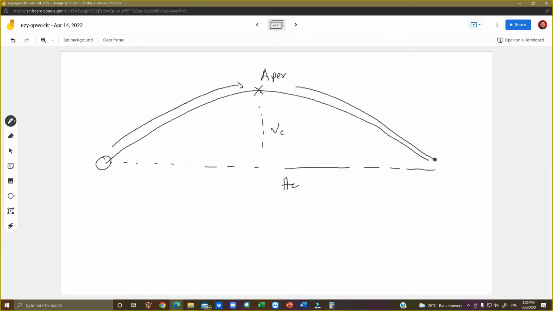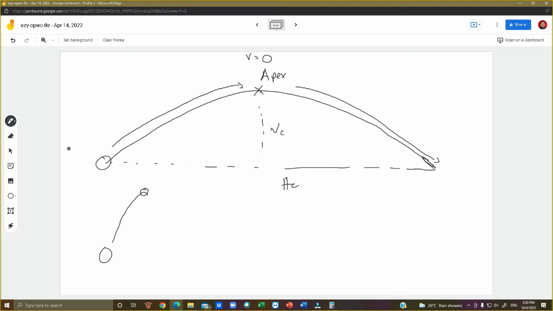And always remember, when an object moves through a trajectory, at the apex the velocity is always zero. So if we throw an object, like a ball, it goes up to a certain point before it comes down, that is the apex. If we use a high speed camera, we can see that it stops, because that is the turning point before it goes down. Always remember, velocity at the apex equals 0.